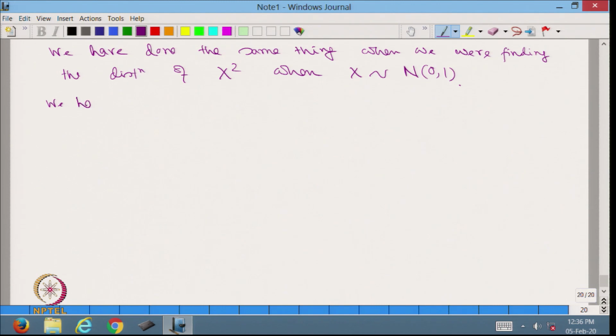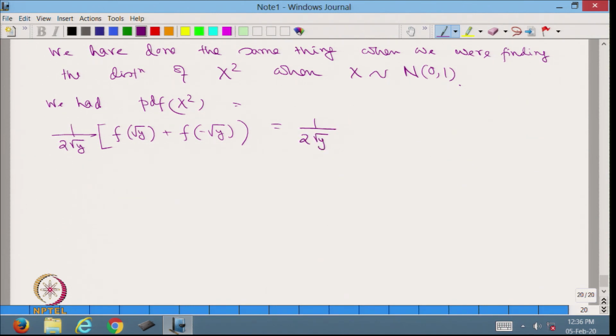We had PDF of X square is equal to 1 over 2 root y into (f of root y plus f of minus root y), is equal to 1 over 2 root y into 1 over root 2 pi e to the power minus y by 2 plus 1 over root 2 pi e to the power minus y by 2,